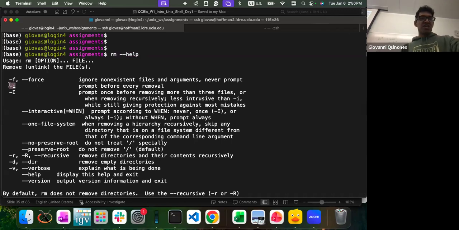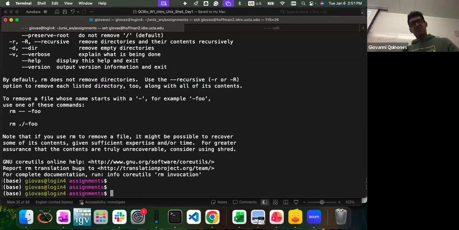If I put rm -i, this is when it actually prompts the warning. So right now, the way I have it configured in my terminal is that rm equals rm -i. So this is something I have already set up. But a good practice is that you always do rm -i and then whatever folder you want to remove. So that when you type that, so let me go back.